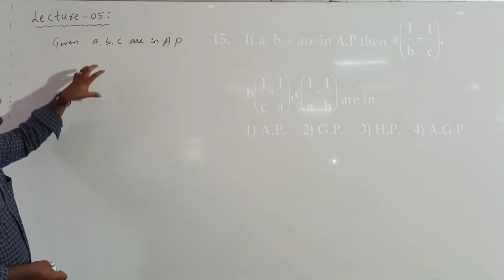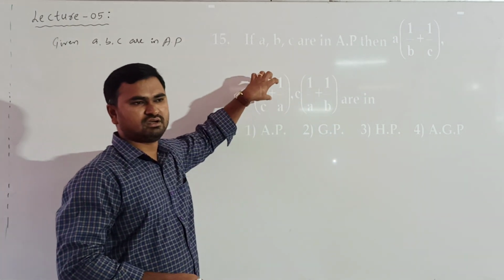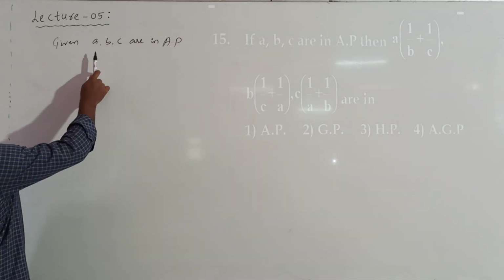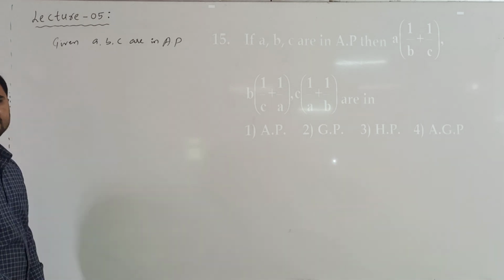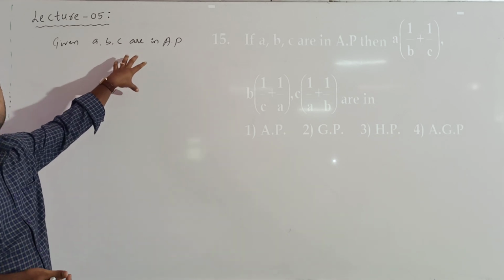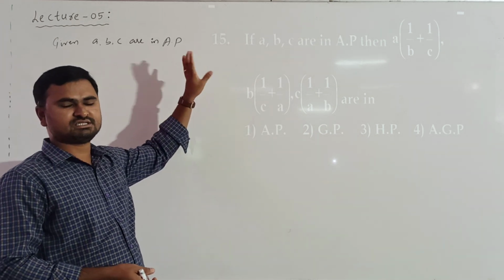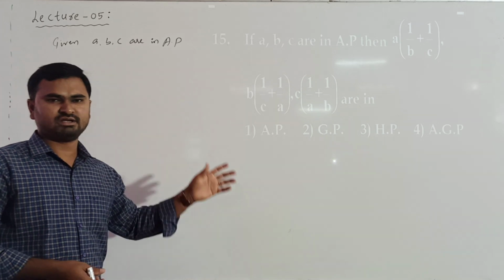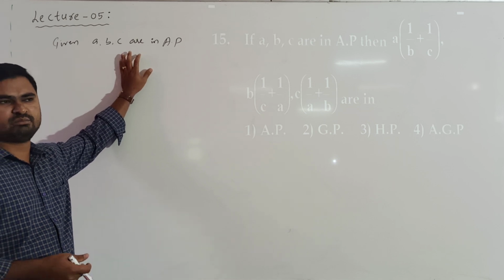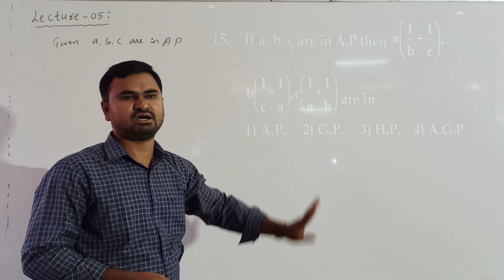So what we do is, using A, B, C, I will arrange these terms. So how to arrange the terms? First, each of these terms I will divide by ABC. When A, B, C are in AP, if we divide each of the terms by a constant, still the sequence will be in AP, because we already studied that if the terms of an AP are added, subtracted, multiplied or divided by some non-zero constant, the resulting sequence still forms an arithmetic progression.